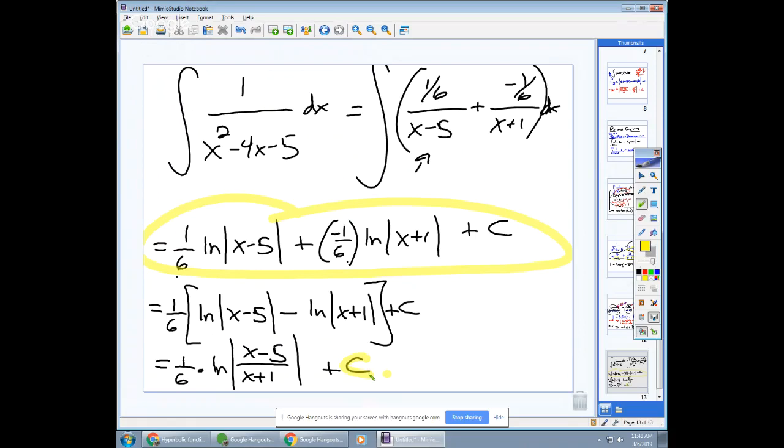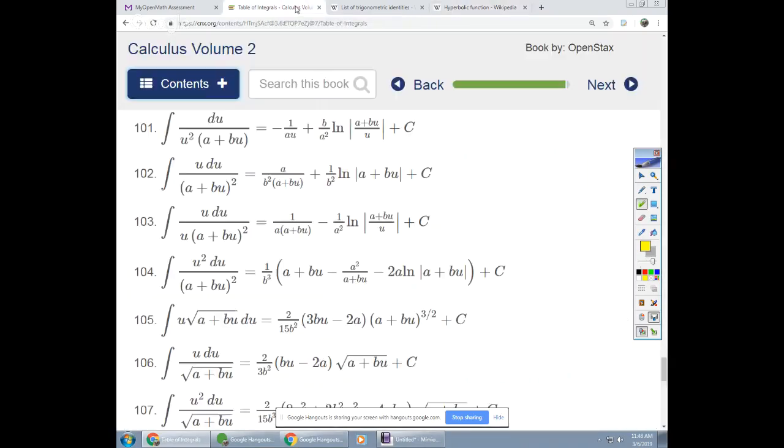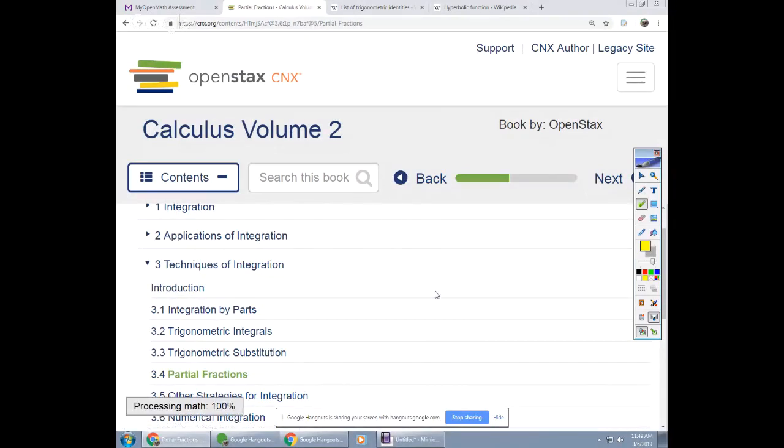All right. And I think we don't have time for another one. So we're going to definitely need to spend some more time on this. So we've just scratched the surface on what it means to break down a rational function, because there's a lot of different kinds of rational functions out there. And so in section 34, about halfway through,